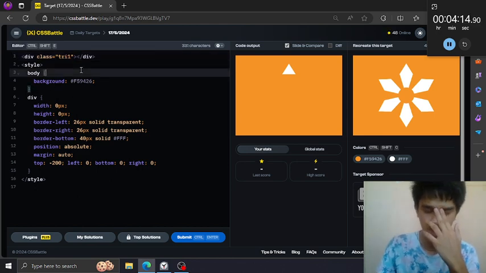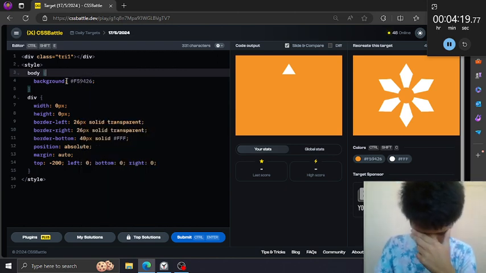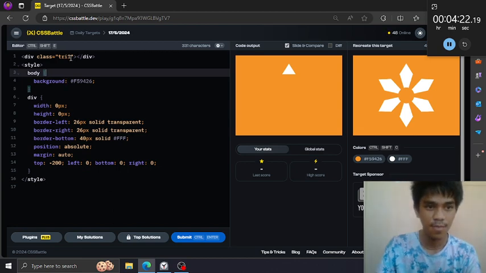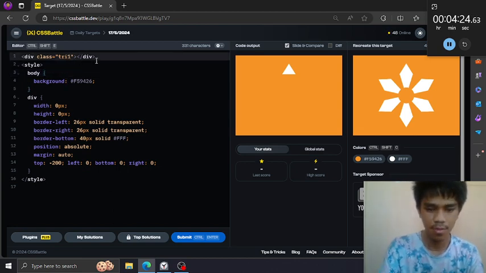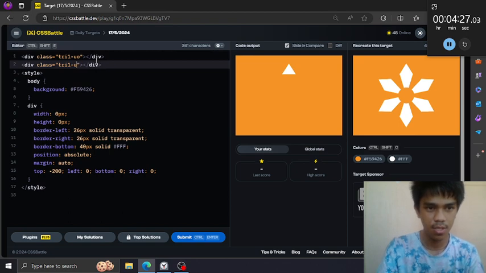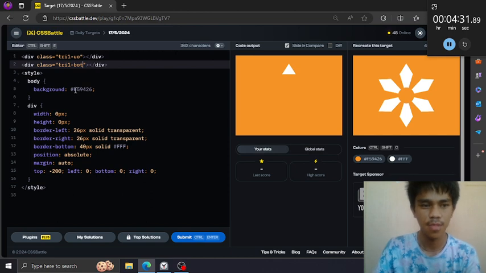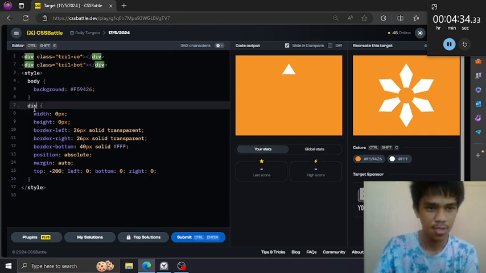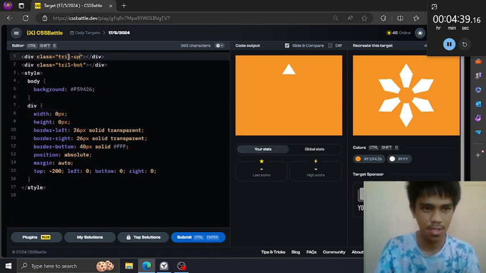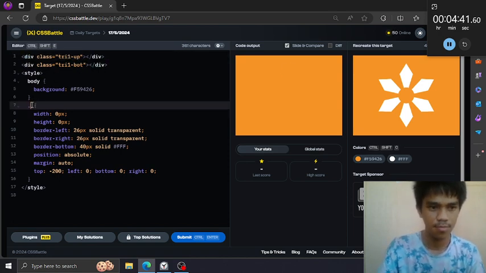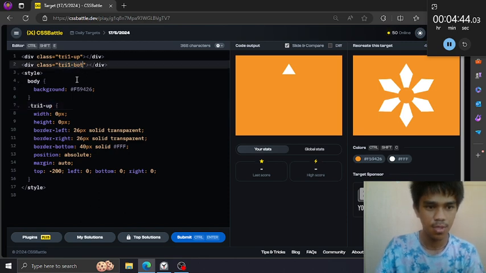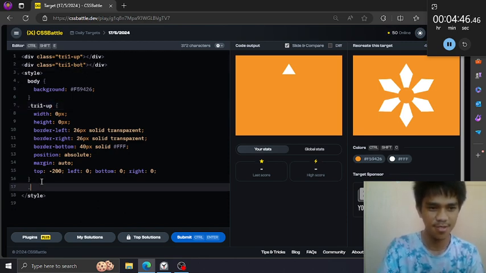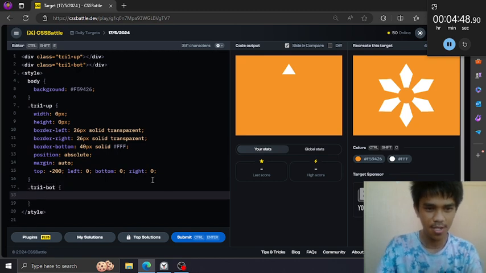Wait. We all know that this is a triangle, right? So maybe we can just name this try one. Okay. Try one up. And this is try one down, bottom. Then name this class name, and then this one is this. This is this.